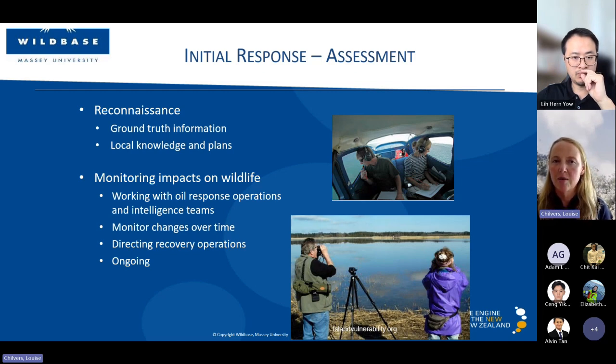And this is an ongoing process, and it's very important because a lot of people just see monitoring as that first stage, that reconnaissance, but actually monitoring has to occur throughout the entire oil response. So those are the first two steps once oil has hit the water. We then go on to look at